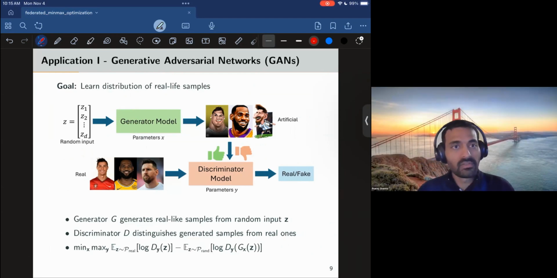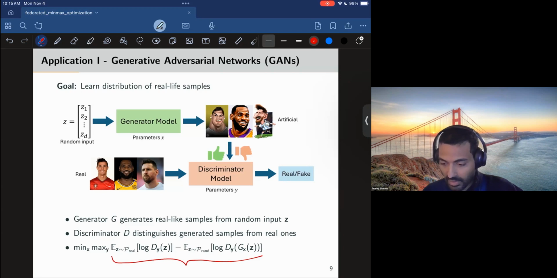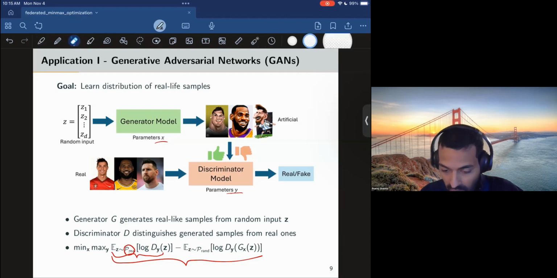So let's look at how we can mathematically model this. This is what our loss function looks like. Recall that the discriminator has parameters y and the generator has parameters x. Let's first look at the first component of the loss function. This is related to the discriminator. When the discriminator takes as input some real samples, so if the distribution comes from the real distribution, in that case, the discriminator would want to